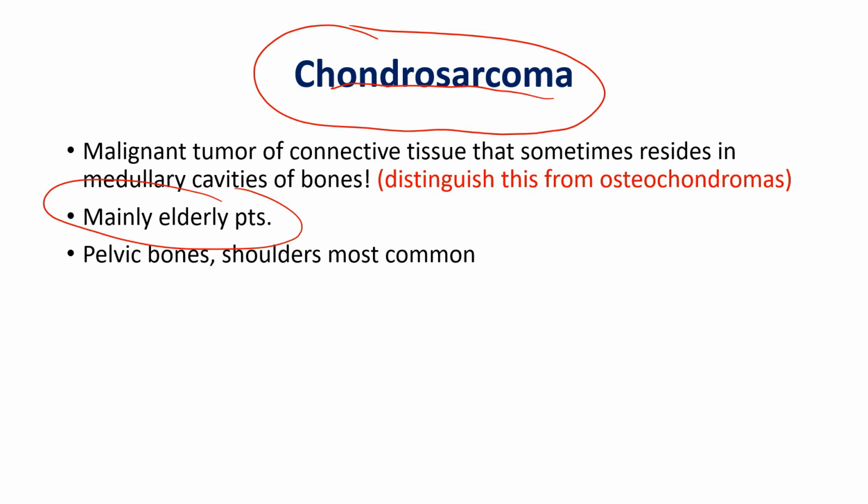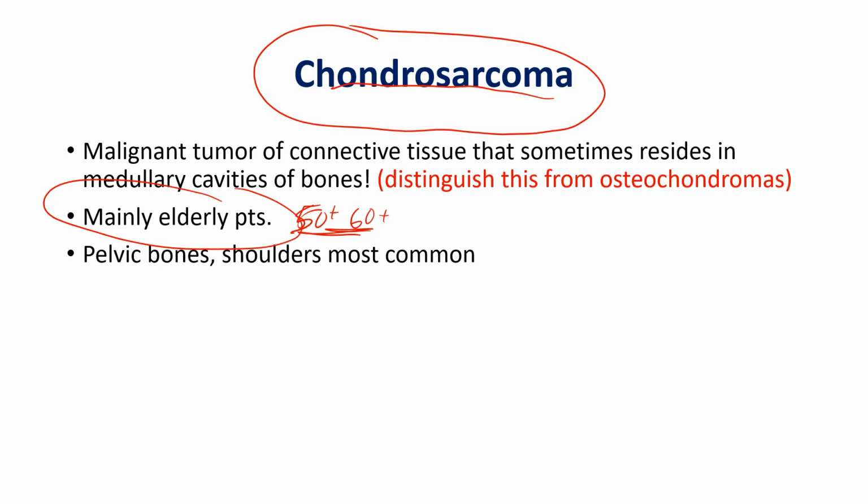It's older patients. You could say 50 plus, 60 plus. It varies depending on the resource you look at. But just think of older patients. So you don't usually see this in a patient who's 10 years old, whereas a lot of the other ones you absolutely would. Okay, so this particular one, chondrosarcoma, is a malignant tumor of connective tissue that sometimes resides in